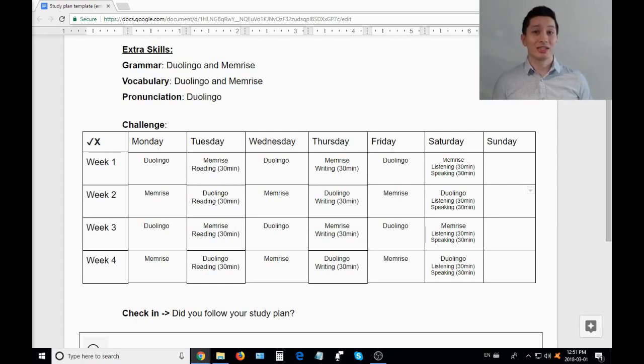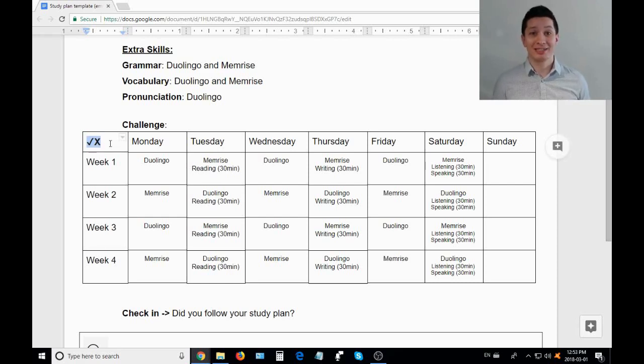And then lastly, on Saturday, I have a lot of free time, so I have enough time to watch at least 30 minutes of English shows and speak to my language partner for 30 minutes. On Sunday, I relax and I don't plan to do any language learning or studying. I just want to give my mind a break. So now every day that I stick to my schedule, I give myself a check. And if for some reason I miss the day, I give myself an X,